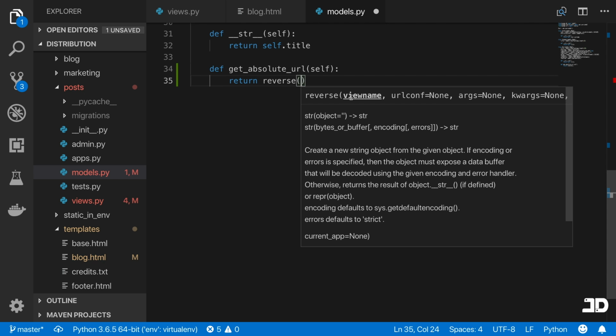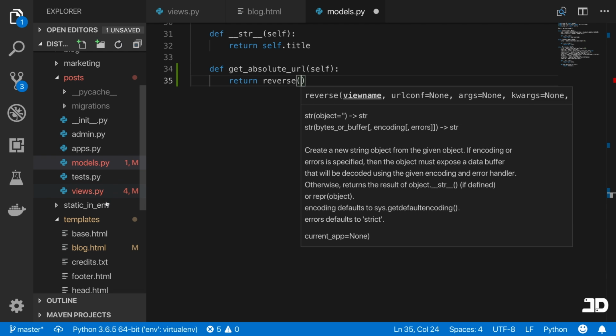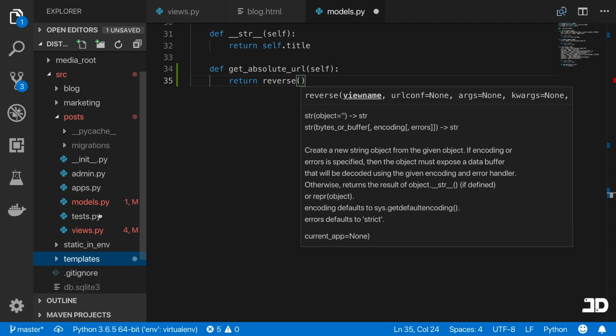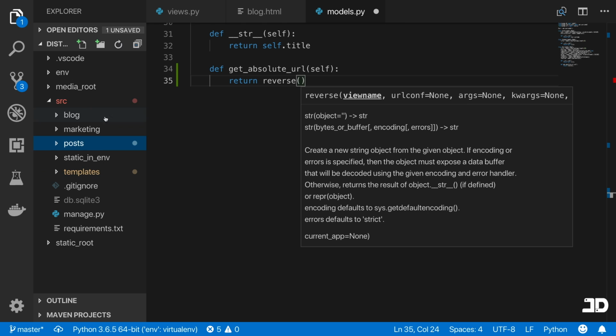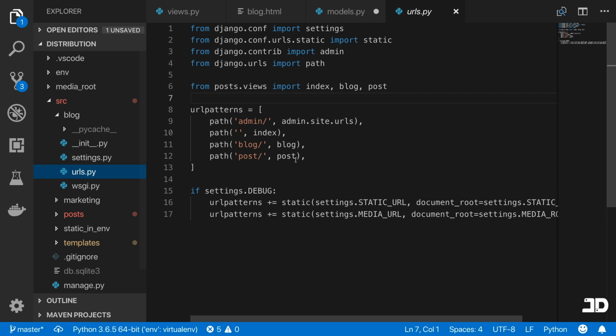and then we'll come down here and say return a reverse, and here we pass in the view name, which is basically what we do in our URLs. So let's just go to blog URLs, and here we would give names to our views. So right now we have blog, which is just the blog list. So here we could just say name, which is equal to, let's say, post list, and then here we could copy that and paste this, and this would be post detail,